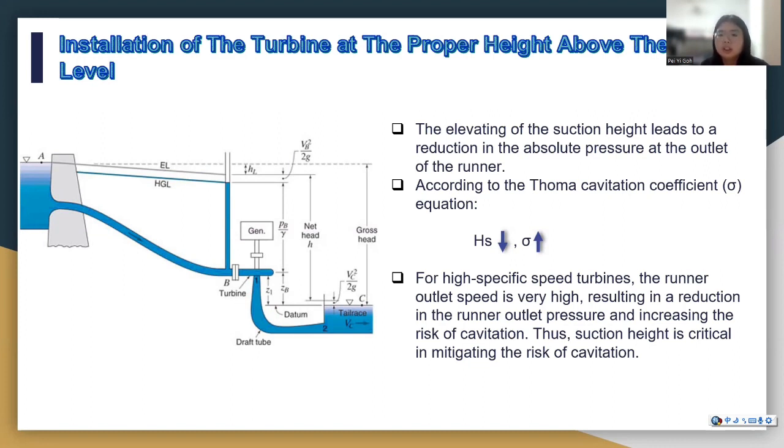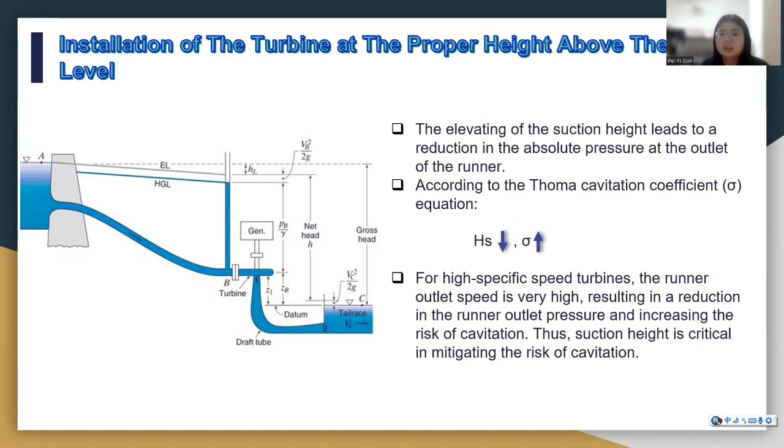According to the Thoma cavitation coefficient equation, sigma, which is the cavitation factor, will increase as the suction head decreases, allowing the turbine to operate in the safe operating zone. For propeller turbines, these kinds of high specific speed turbines,